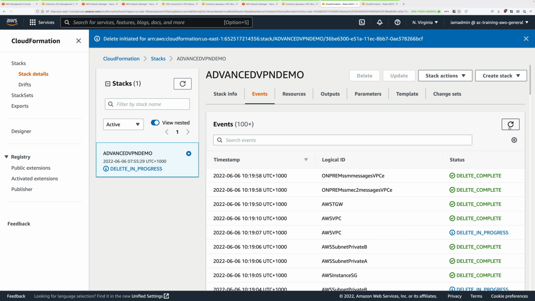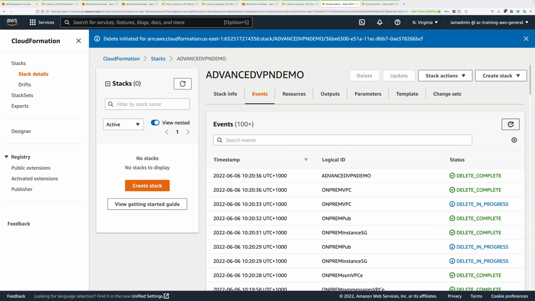And rather than creating a static VPN or one that uses only one tunnel, you've used BGP to dynamically exchange routes between the customer routers and the transit gateway, so you have full dynamic routing and true high availability using 4 different IPsec tunnels between the customer routers and each of the 4 different AWS side endpoints. So this is a really good set of experience that I've no doubt you'll utilize in the real world if you ever need to design and implement VPN solutions within AWS and on-premise networks.